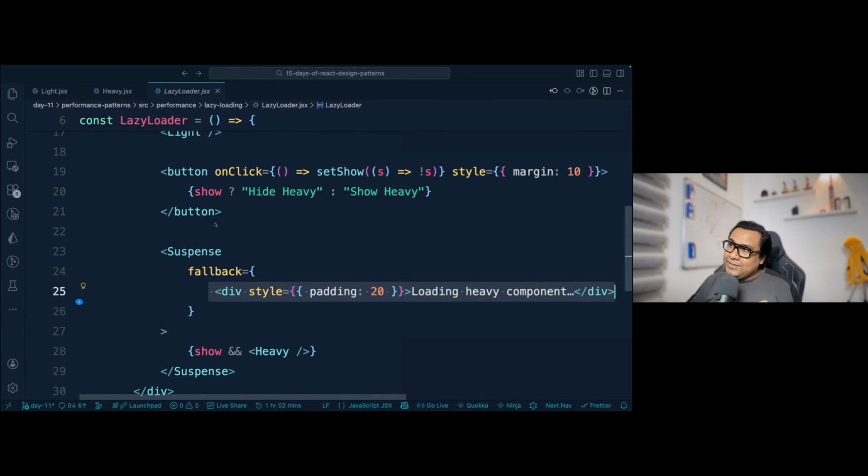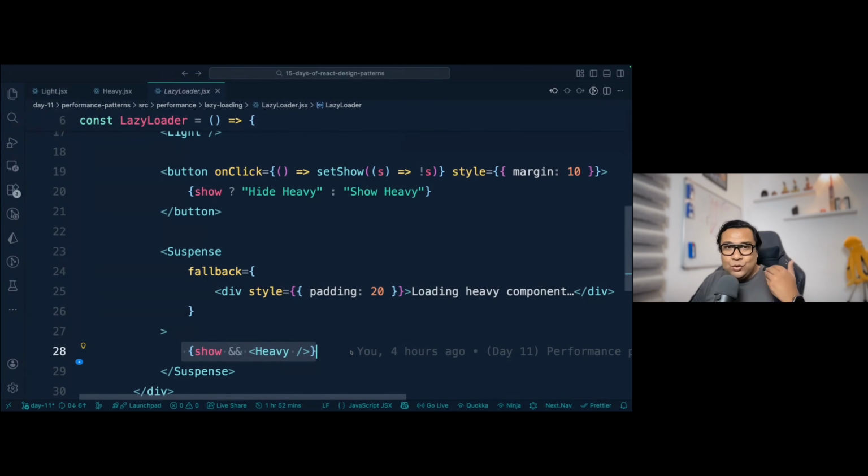So it means when someone clicks on this button, set the state of show as true, React will start importing this heavy, downloading the content of it on the browser, baking it and rendering it. Till that point in time, Suspense will show this particular div saying loading heavy component. And once this is ready to render, this fallback will go away and we will see the content of heavy. What are we achieving by doing this? Of course, the first thing first,